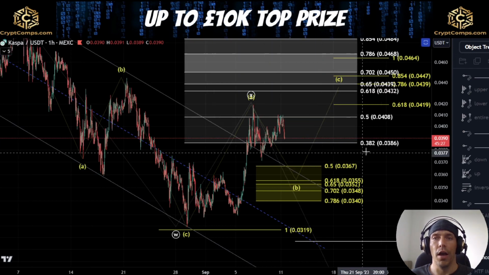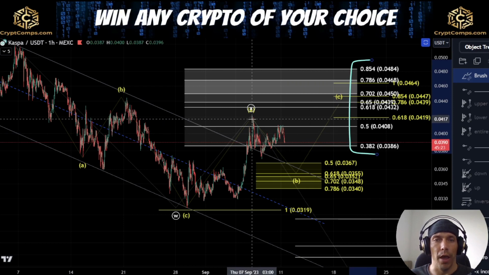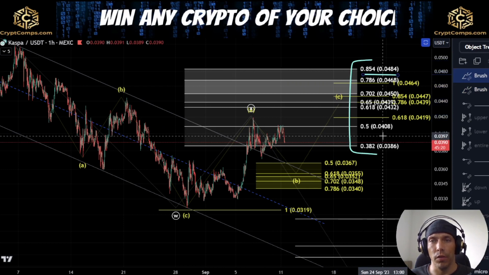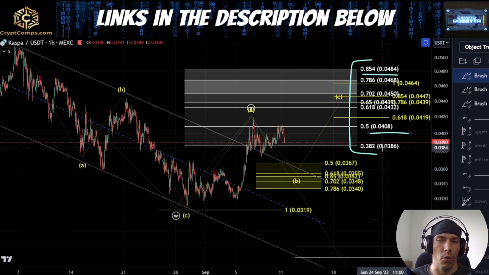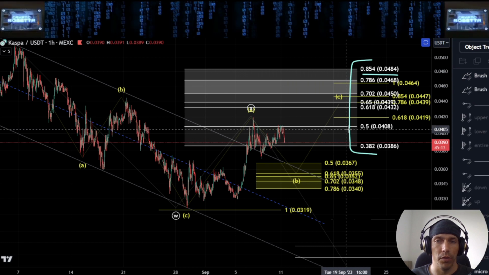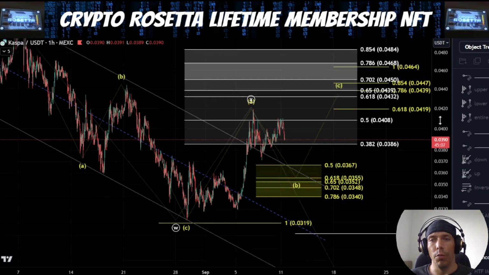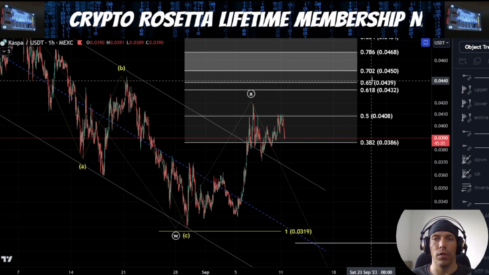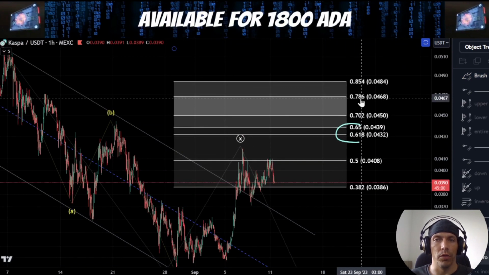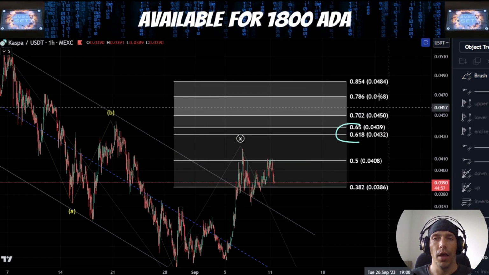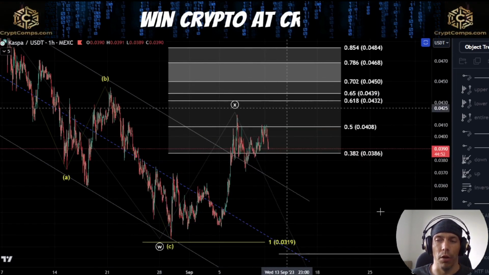This would look to push us higher up into this white target box, which is our common rejection area for a X wave here. So that would be between this 0.484 to this lower range here of this 0.408, which we've already come into. This is our 50% line, which we are finding resistance on. If we do look to push up higher here, I will be keeping an eye on some of these higher zones, this golden pocket area here, as well as that we do have some highs up here towards a 786, which could be quite interesting as potential zones for a reaction if we do see price actually look to push up one more time here.